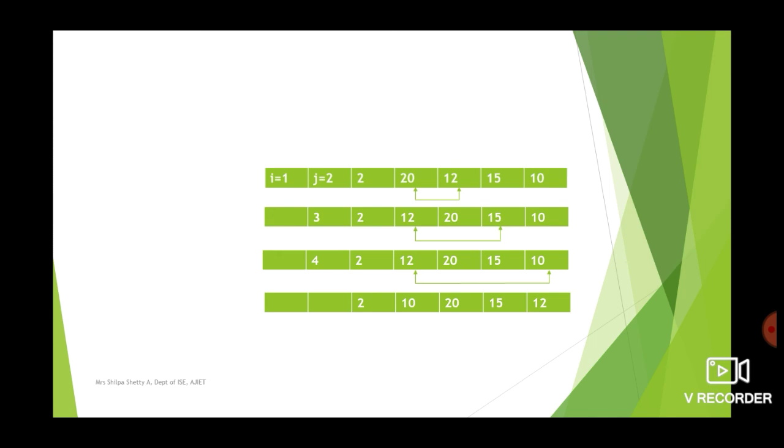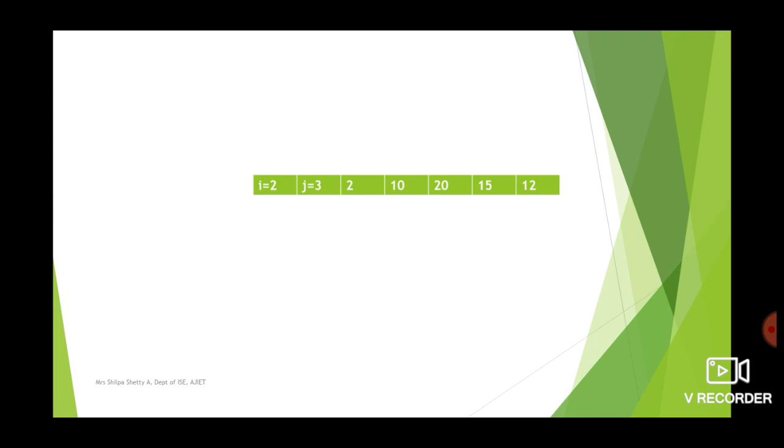As you can see, the second smallest element in the array is 10, and that occupies the second position in the array. So that is the end of the second pass. Now coming to the third pass, we have 2, 10, 20, 15 and 12. Because we have finished two passes, the two smallest elements of the array have occupied the first and second position. So we will not touch the first and second element of the array. So now we will be comparing only the third, fourth and fifth element.